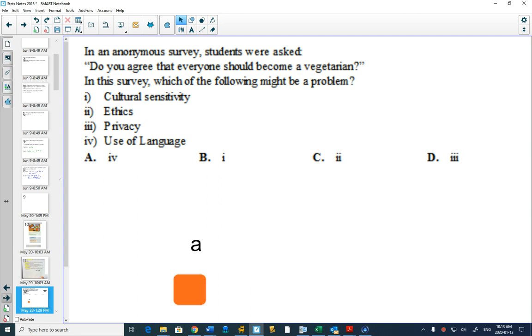Do you agree? Using the word agree in the question, that language tends to make someone think they should agree. It's not a huge problem in this question, but you could reword this by just saying, should everyone become a vegetarian? Right? Instead of, do you agree? They say that that little tiny bit causes people to agree more than disagree. Because generally it's human nature not to want to disagree with someone, even if you don't really care about the question.